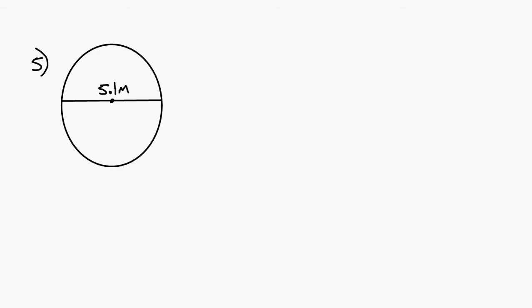All right, the area of a circle is equal to pi times the radius squared. In this case, you're given 5.1, but it's the diameter. If you take half of the 5.1, it'll give you the radius. So 5.1 divided by 2 is 2.55. Your radius equals